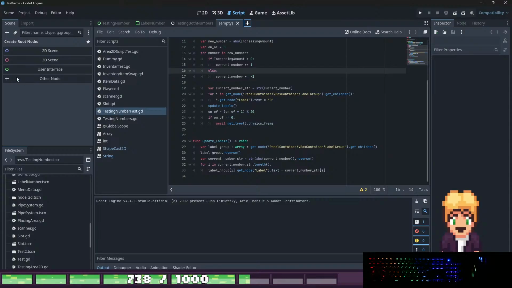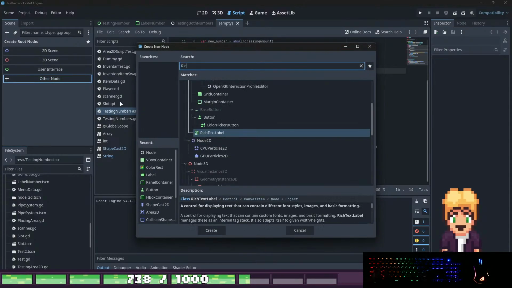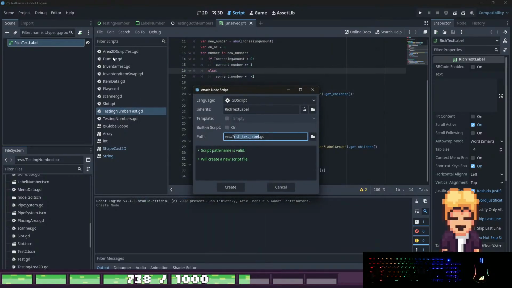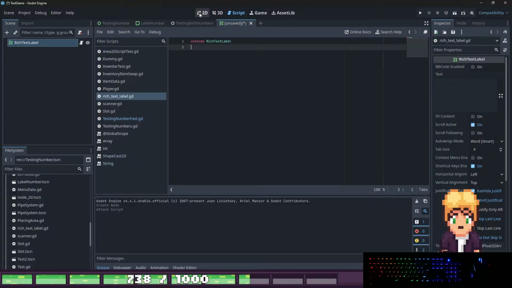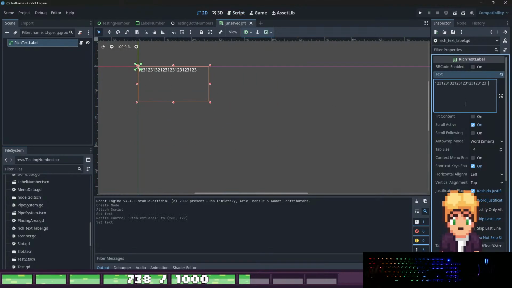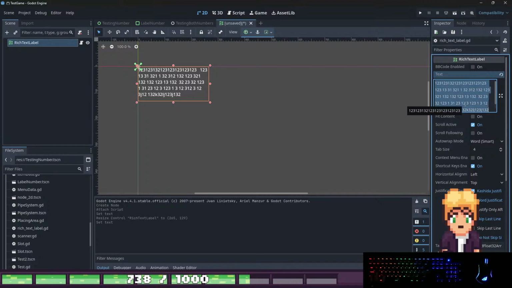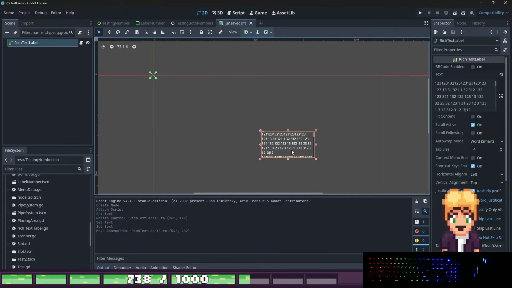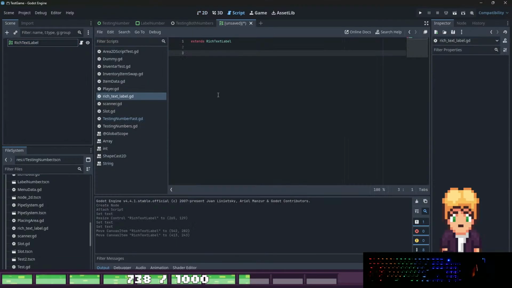So we just create a new scene, which will be a very simple rich text label. And for this rich text label, we have a script, rich text label.gd, and here we just put text in the rich text label, and all we want is to write text which is scrollable, and that's it. We just put it in the middle. And when it's ready, then we start somehow